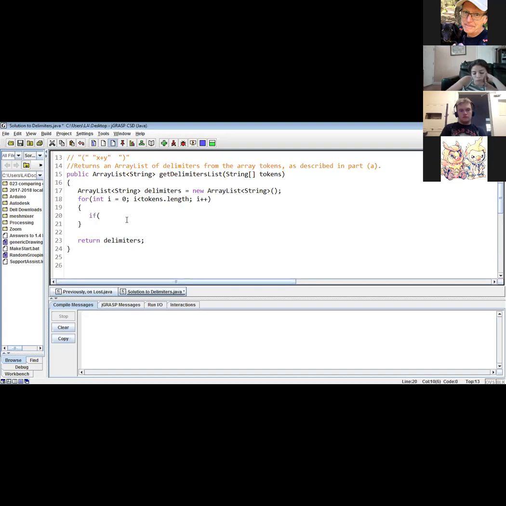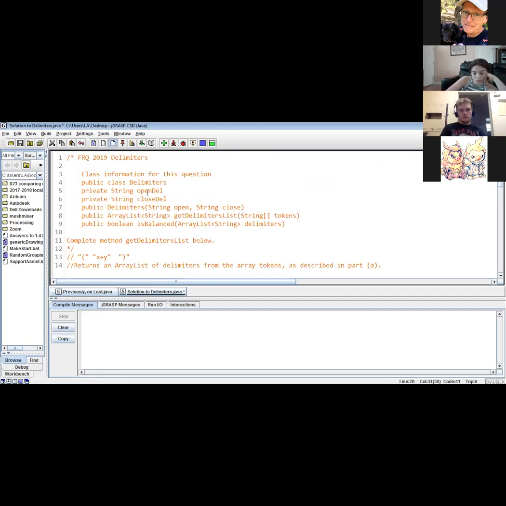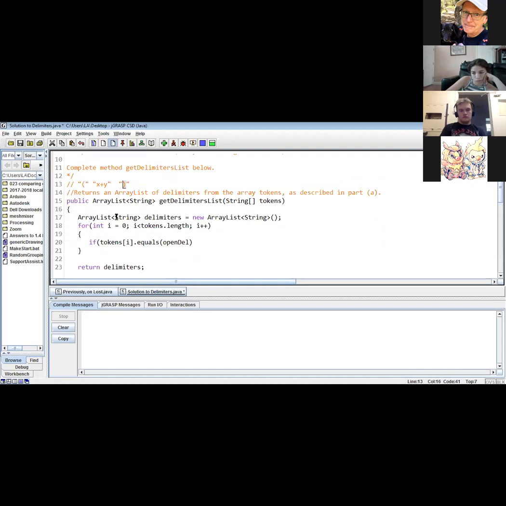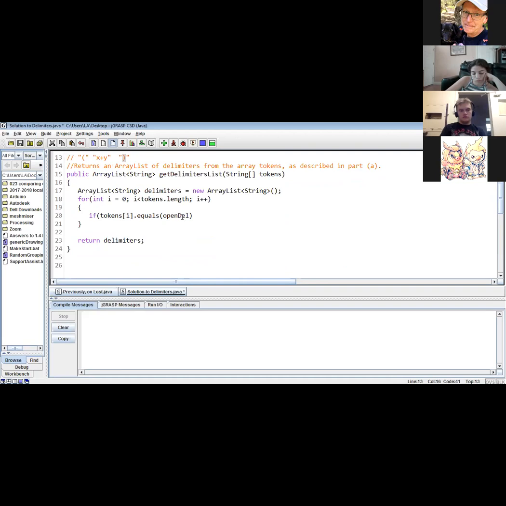So if tokens I dot equals, so this would be another thing they were actually getting at in testing you, that you have to use dot equals when you're comparing strings instead of equal equal. So we want to see if this is equal to open delimiter. Remember, open delimiter is, they talked about what these variables are, because the delimiter isn't always a parentheses. It could be several characters or something. So if the current item in tokens is equal to open delimiter,